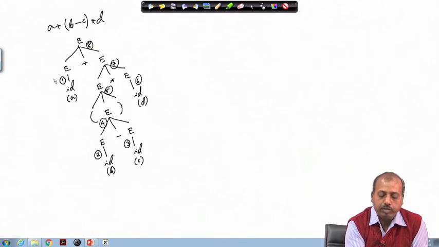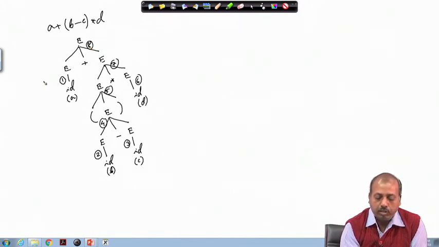This is possible, so I marked it. After that the only thing that is possible is this one, so I marked it as 2. After that the only thing that is possible is this one. Though this one is also possible, if you are looking from the left, then this comes first. The LR parsing will do this reduction first, because it does a left to right scan. So if you do it that way, you will get the reductions in this fashion.